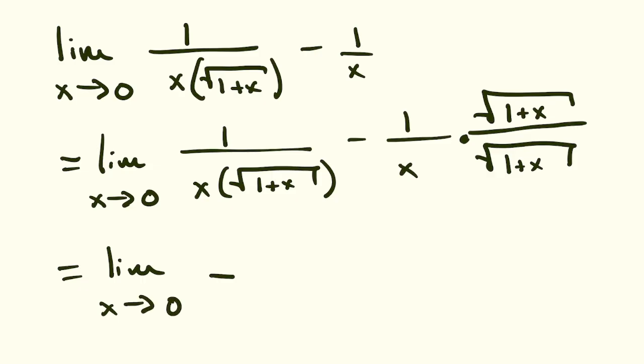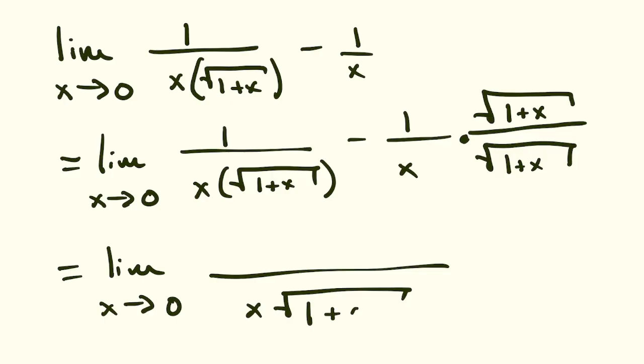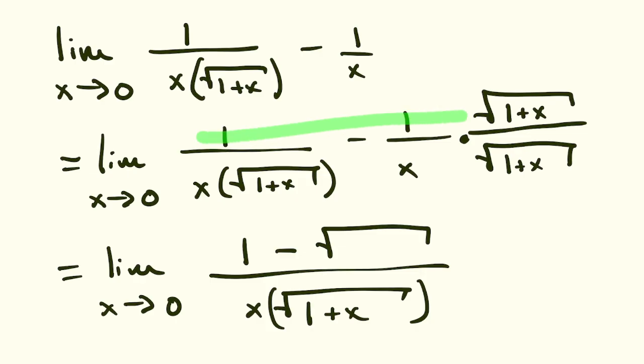And when we have the same denominator, 1 plus x in our square root, our numerators can be put together. So notice in our numerators, if we thought of this as one big long numerator, we'd get the 1 minus 1 times square root of 1 plus x. All right, so this looks a little bit better. I'm going to go and write that out again on the next page